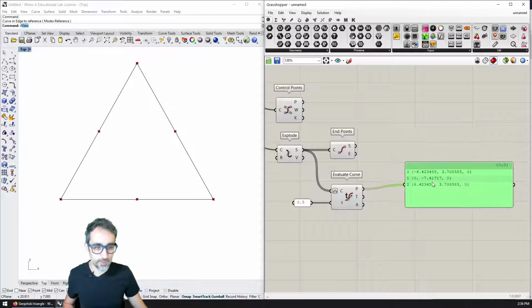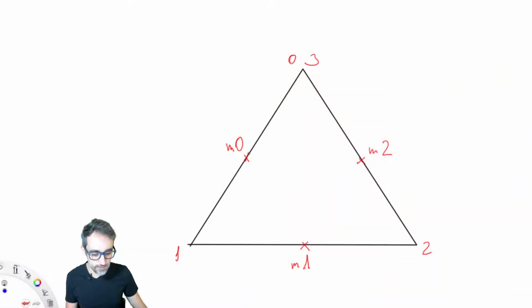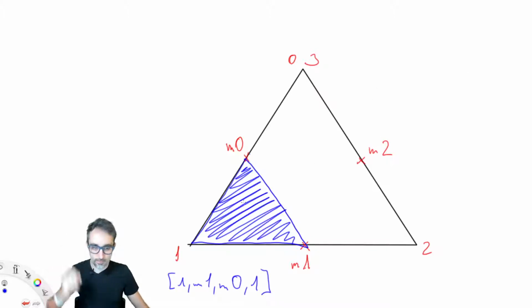So for example, what I wanted to do, if you remember, is, for any given triangle, let me create a polyline that joins this first point with the next middle point, with the previous middle point, and with the same point again.